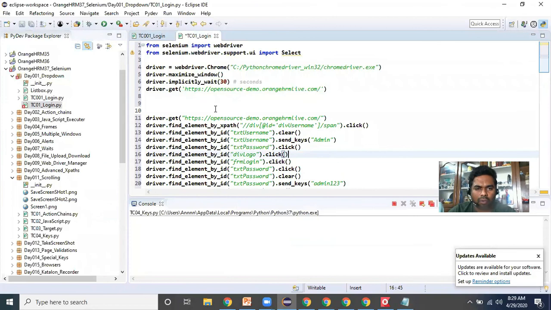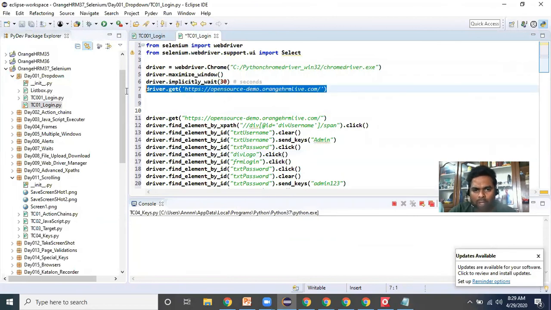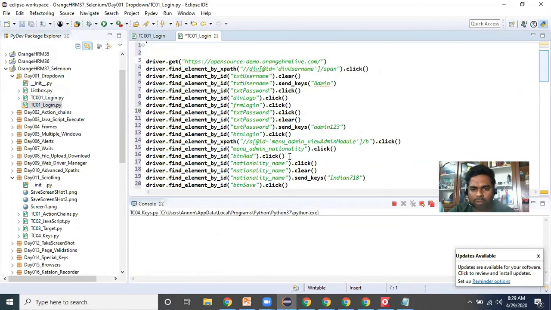So now we understood. Now let's understand how the set of driver instructions is generated by the tool.